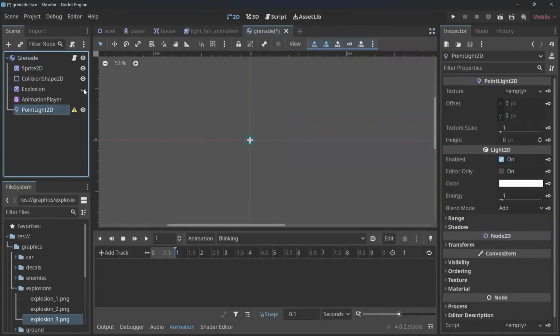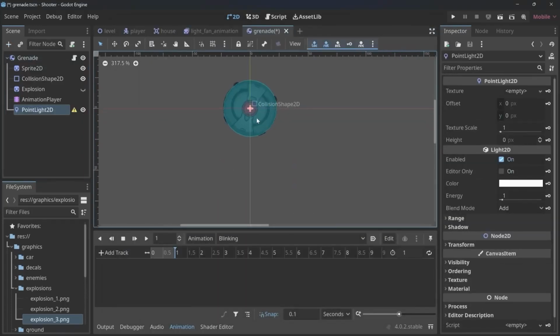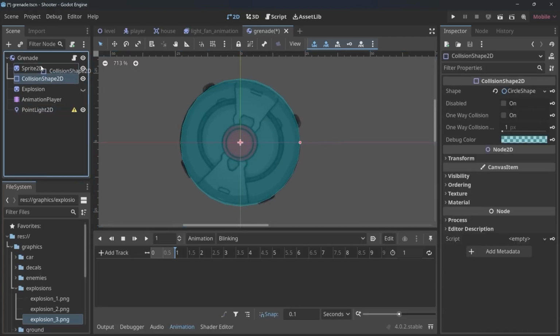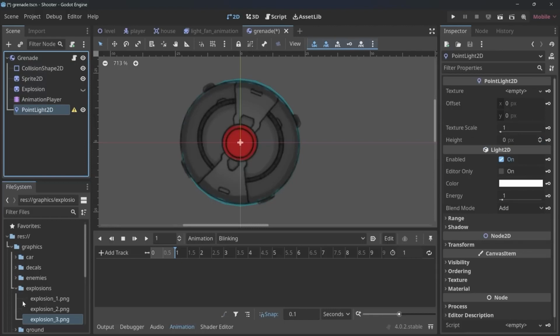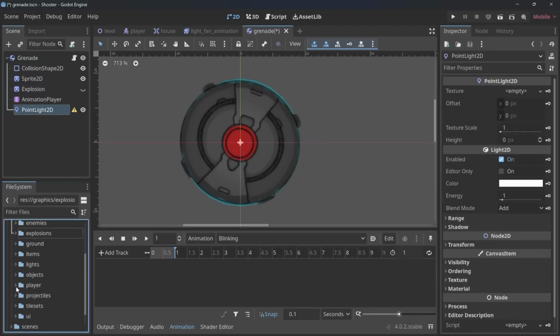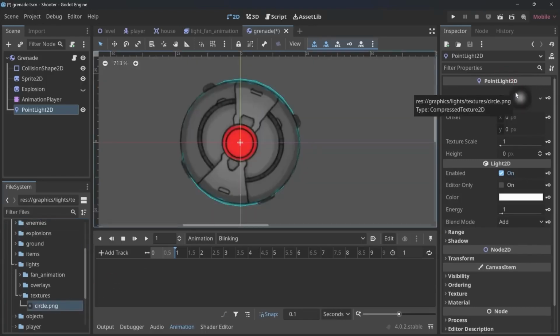And let me hide the explosion for now, because this one would be distracting. Basically what I want to do is to have a light over this red circle. Also, the collision shape should probably be below the sprite, so we can see a bit better what's going on. Once again, inside of graphics, we have lights and the texture. There we have circle.png. This I want to use for the texture,